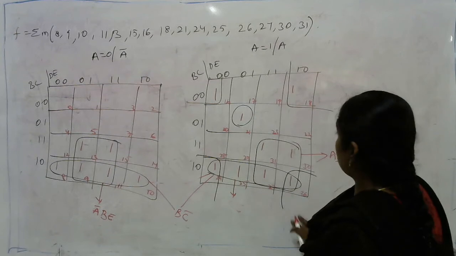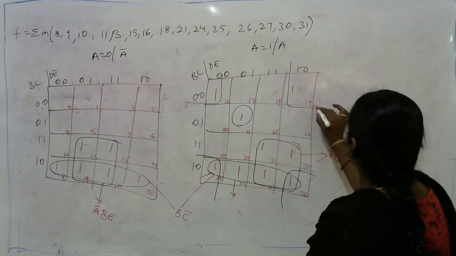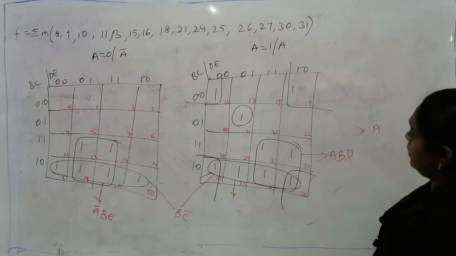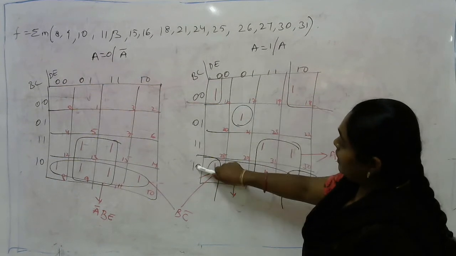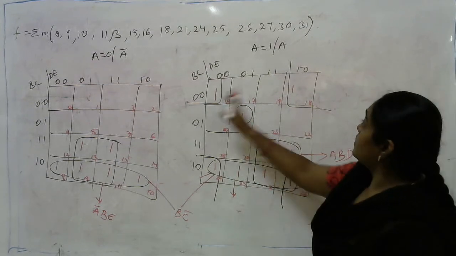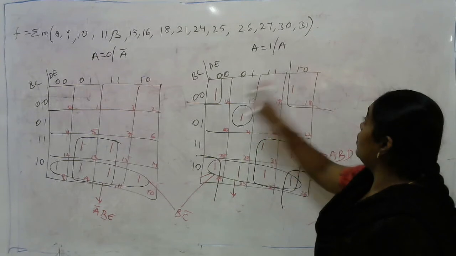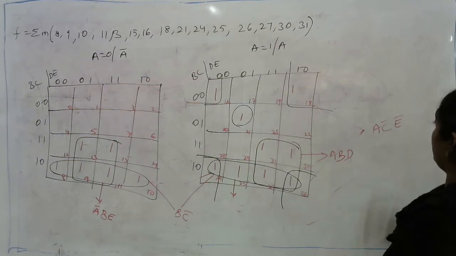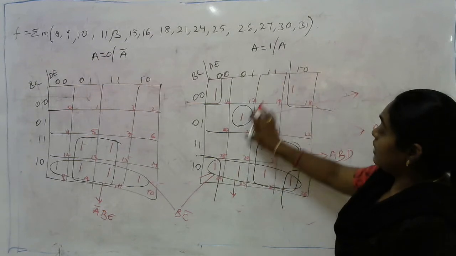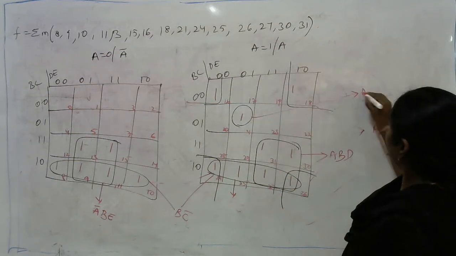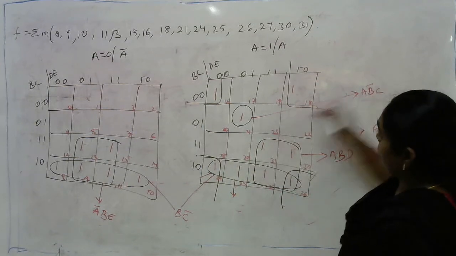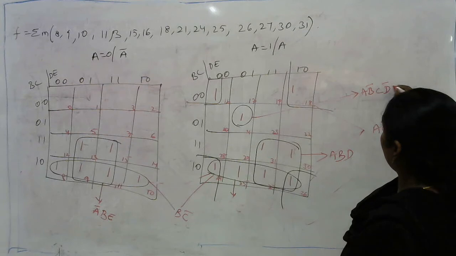Similarly, if you take all four corners, it is related to only the second K map, so it is A. First row, last row: B will be cancelled out, left over with C. Under C it is 0, so it is C bar. And first column and last column are 0, 0, 1, 0, so D will be cancelled out, left over with E bar. Similarly, the last one is the isolated one. As it is related to only one, this is A. The row is B, single row, B bar, C, single column, D bar, E.